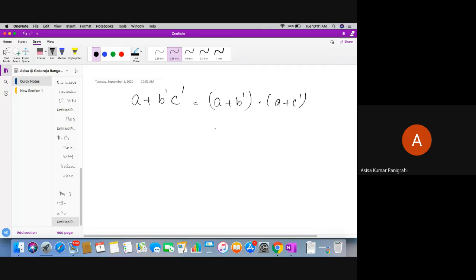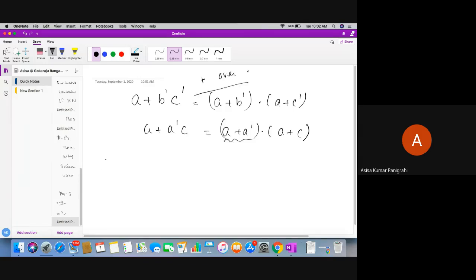Similarly, can I apply the distributive law here also? Yes, (A or A bar) and (A or C). I will tell you about this later on. Don't worry, there is another postulate about it. But the distributive law can be applied like this. So what am I doing here? I am distributing the OR operator over the AND operator.